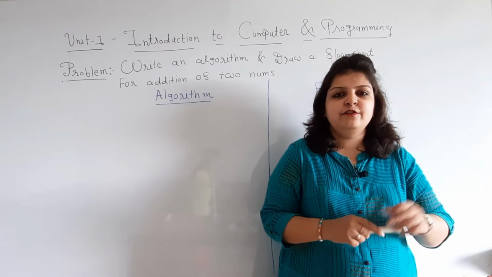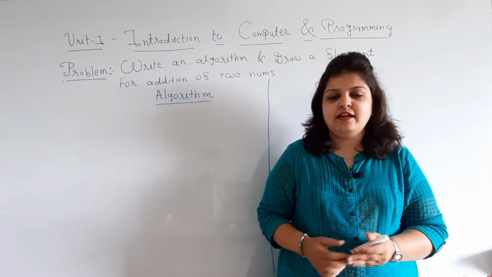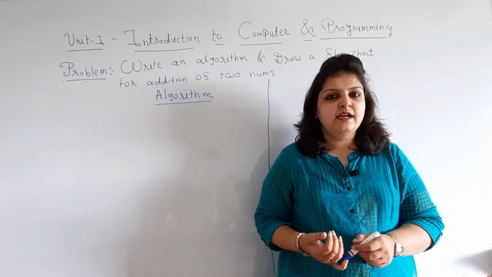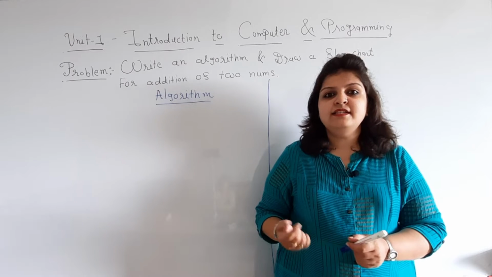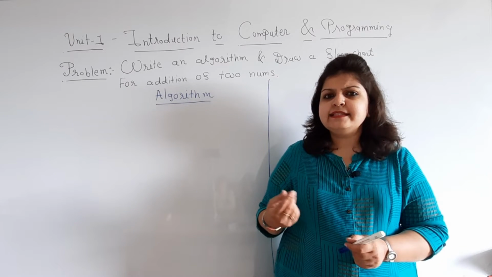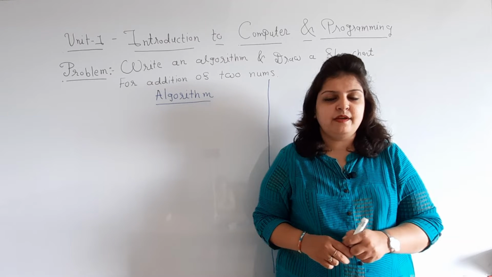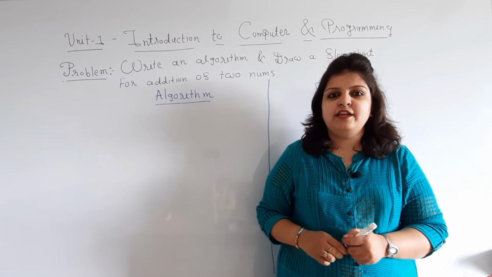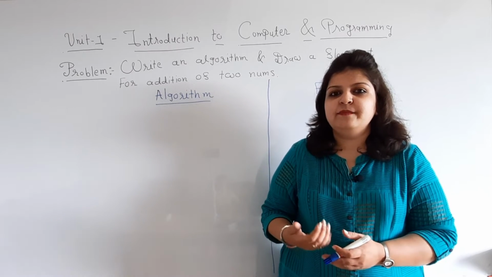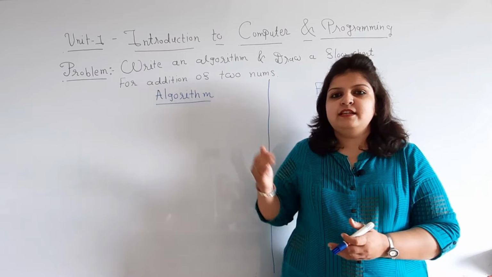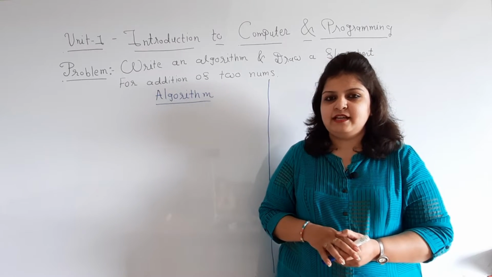In the previous video we have seen different problem solving methods like algorithm and flowchart, and we have already seen different types of problems. First is a simple problem, second is a conditional problem, and third is a repetition problem. So today in this lecture we will discuss the examples of algorithm and flowchart of these three types of problems. So let us start with the very first example.